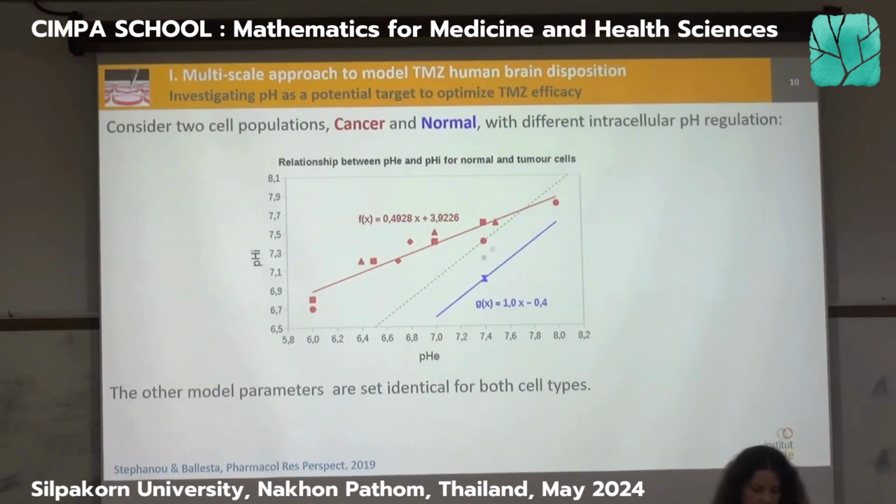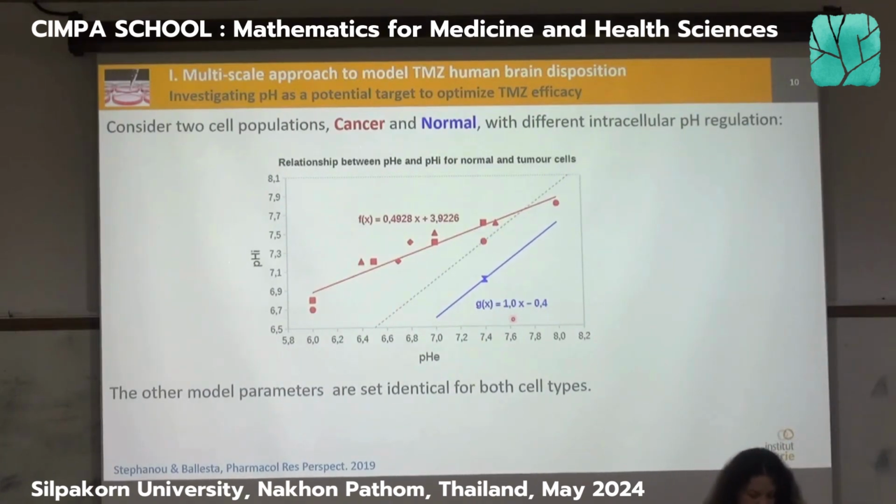And anything in red will be cancer cells from the literature, and anything in blue, which is light, as you can see, as we only have one point, but we also have an indication about the slope here. That would be the healthy situation. And as you can see, you do have a change. You have a modification of the intracellular pH regulation in the cancer cell. And this is something that is well known. This is not something that we have discovered.